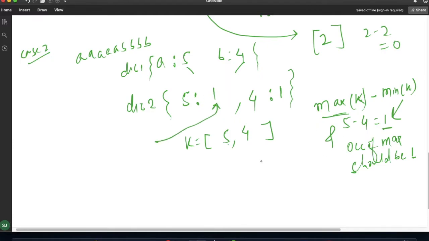So we can simply delete one occurrence. If I delete one A from this, the occurrences of A will be 4 and for B it will be 4. So this will satisfy the condition and we will simply return true. Why are we checking this condition? Because suppose, let me take this string,